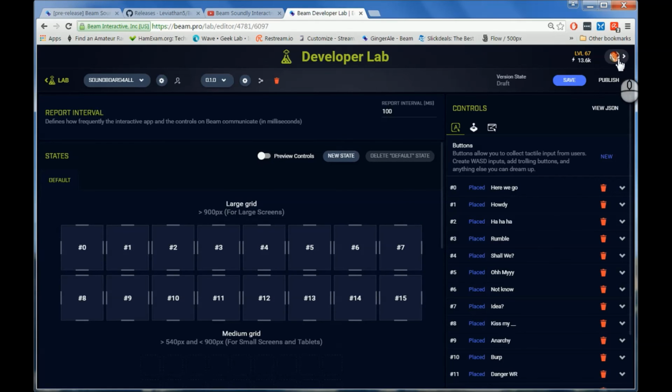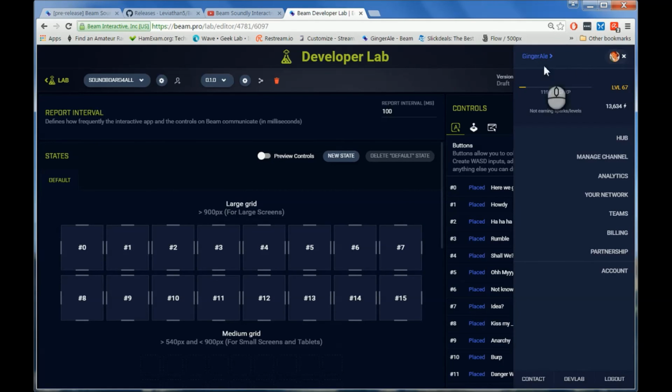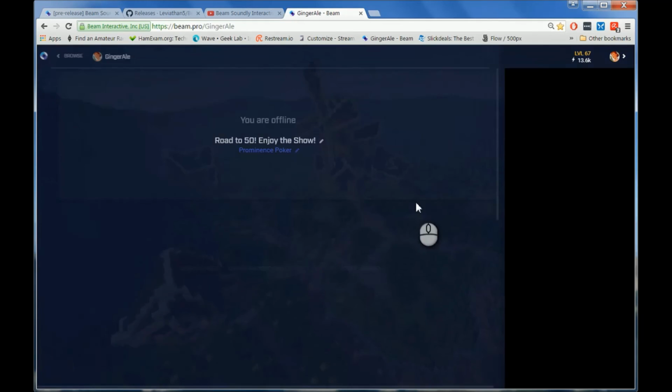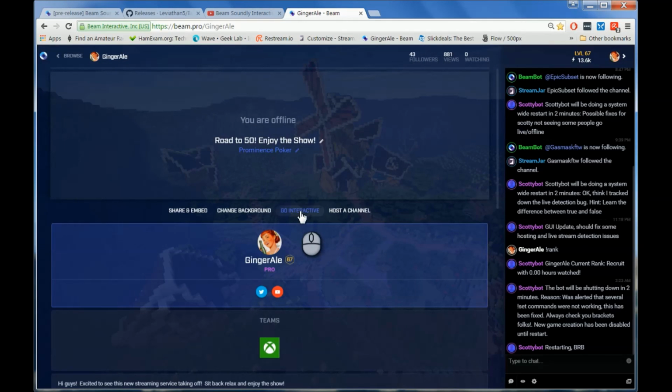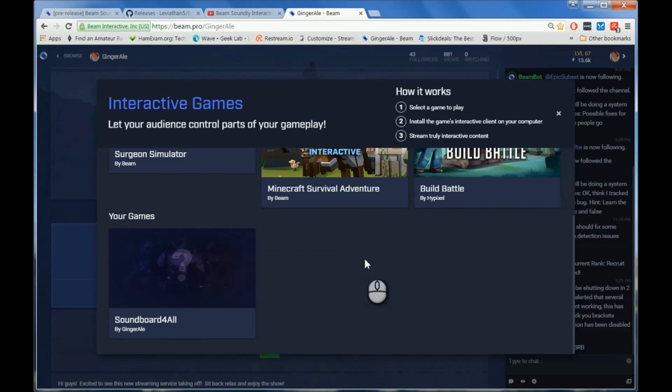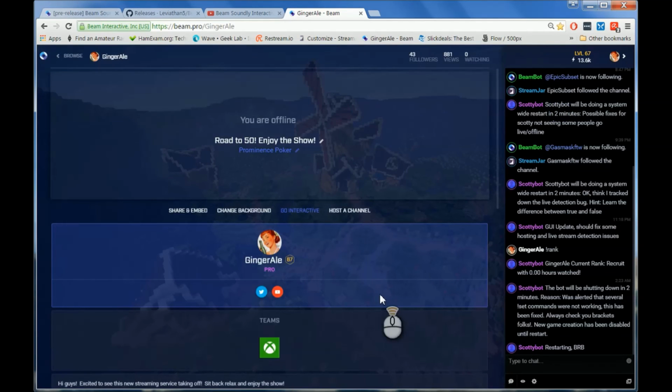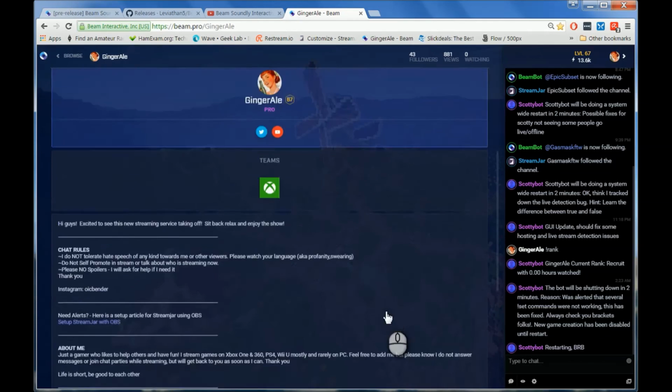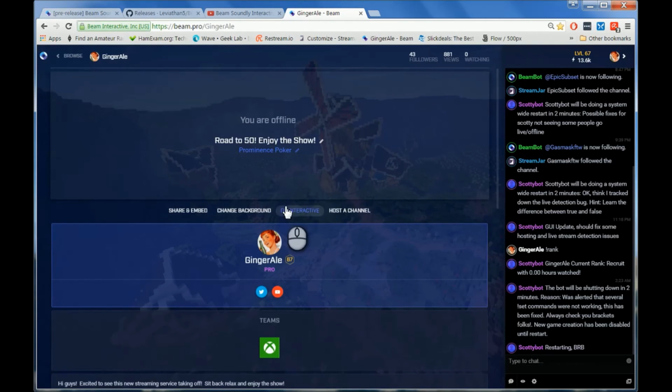and you want to go back to your page. Okay, so I'm going to go back to my page. You're going to click on where it says Go Interactive. Okay, click Go Interactive. You're going to scroll down to where it shows your soundboard. You're going to click on that soundboard. Wait, let me show you first. My soundboard is not here on my page, okay? So you're going to click Go Interactive,